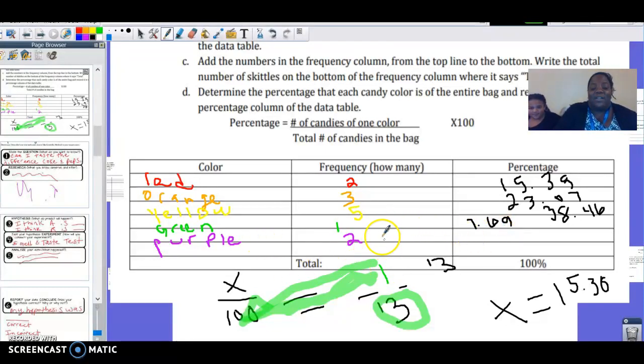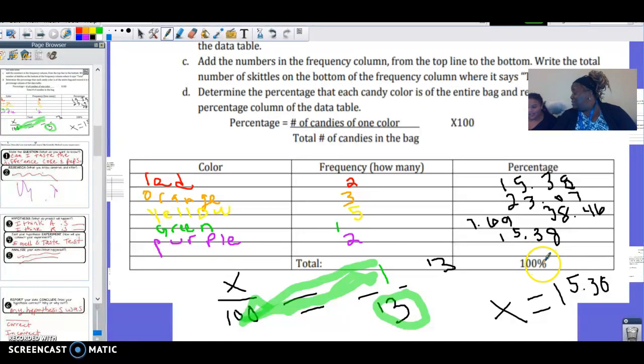Now, my last color, we had 2 purple Skittles, right? But guess what? We already figured out what 2 equals, because we also have red that had 2. So I can use that same percentage, which would be 15.38. Since we already used 2 for the red, I can use the same number for the purple. And that would be 15.38. Now what should happen after this, if you add all these percentages up, you should get close to